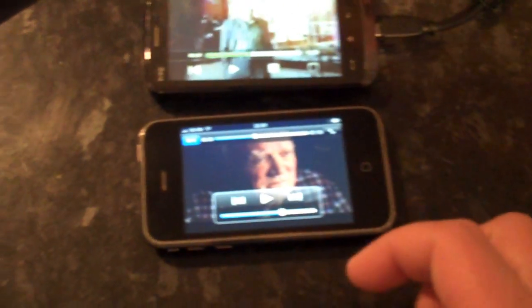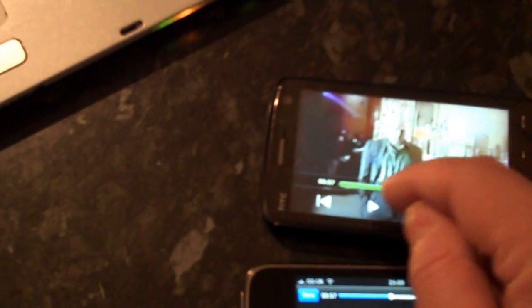Now, I think actually the Touch HD's picture here is a little blurrier than the iPhone, and that's purely because the iPhone, I think this video was sold by Apple, obviously, to me. It was free, but it was sold and made available on the iTunes store, and it's probably designed exactly for the iPhone and iPod screen, whereas this it's a different screen. Obviously, it's had to stretch it slightly, or it's shrunk it slightly to fit on the screen. But either way, it's not quite. Let's just get to exactly the same frame if we can. You can see it's a slightly different